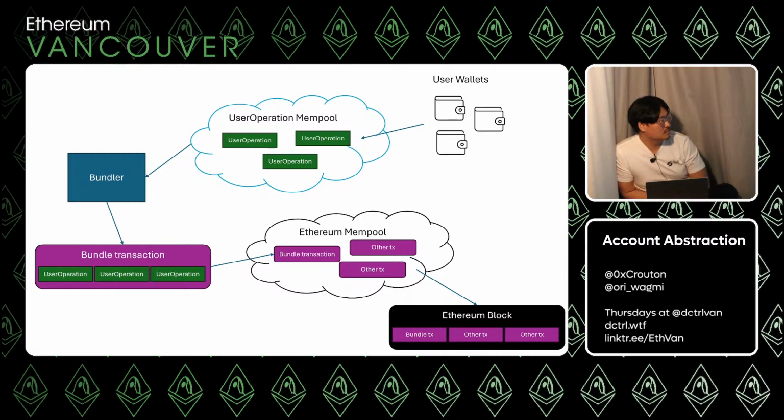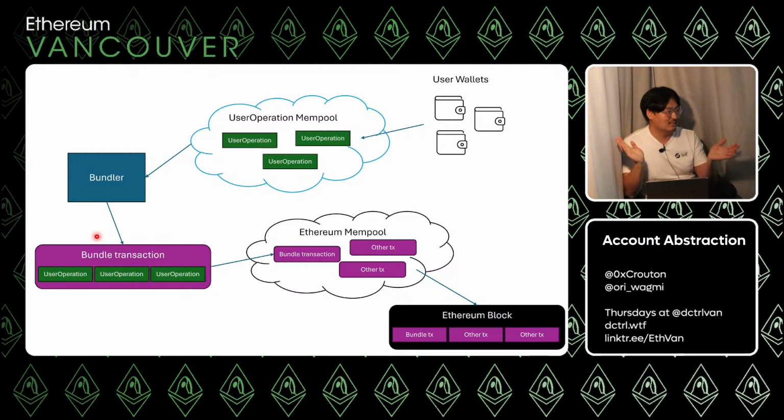And then in the bundle transaction, when it executes, how is it doing all those things in one transaction? Or is it just in one block, I guess? Yeah. So when the entry point contract, right? These bundle transactions, the bundler will collect a bunch of operations, and it's not quite arbitrary. They do some local validation. They'll simulate it locally and make sure that, hey, this user operation will actually succeed. And if it doesn't, then they'll throw it away. Just like how if you try and simulate a normal transaction and it fails, you're not going to put it in the mempool, right? Or if it is, it's not going to be picked up by anyone.